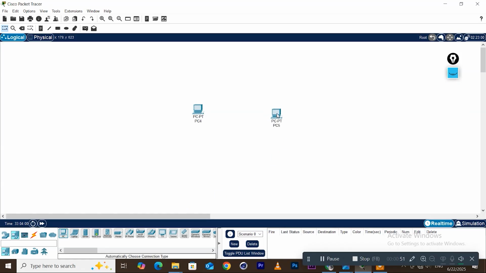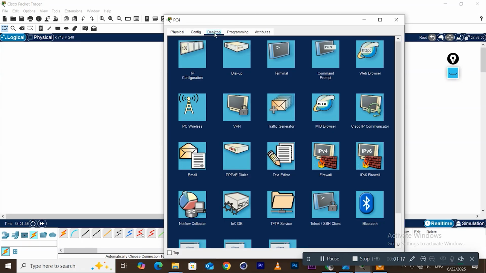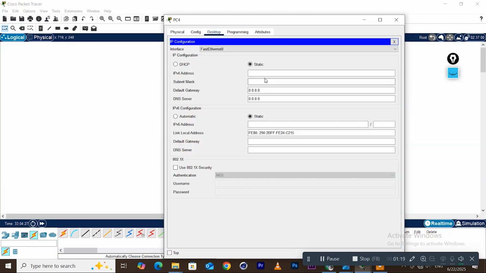Assuming that you have two PCs and you want to network them to communicate and share files, you can simply connect these two PCs together like this. As we usually know, they have to be in the same subnet class. So let's give it an IP address